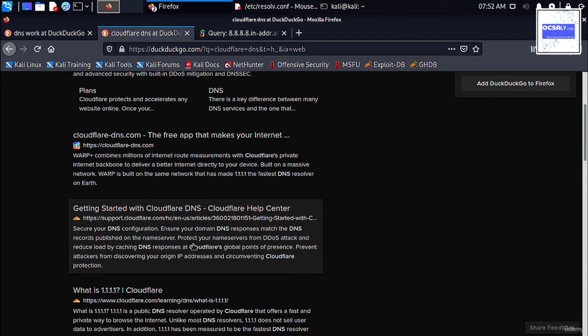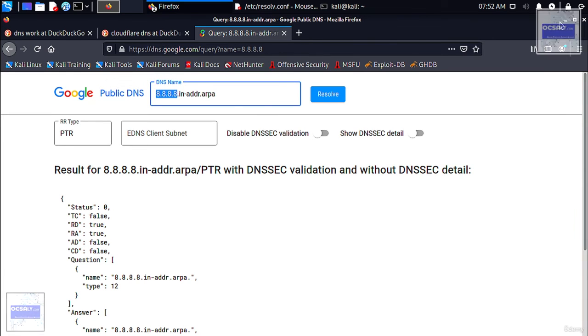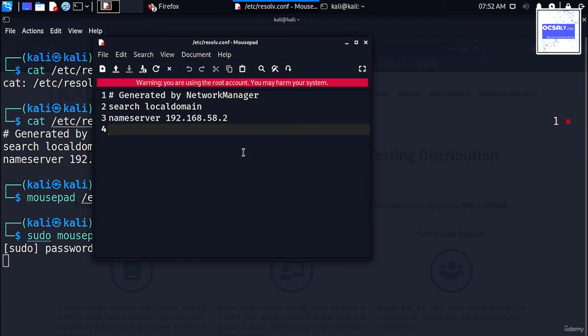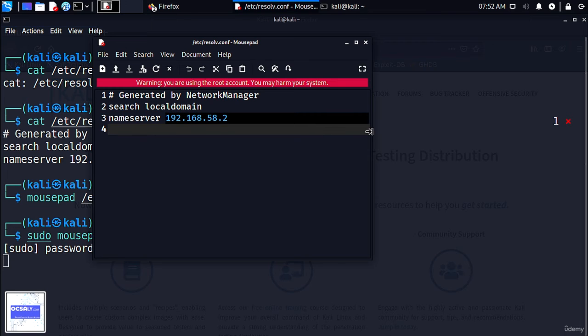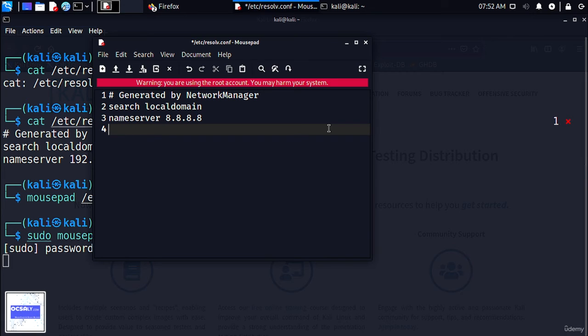Cloudflare DNS is 1.1.1.1, but Google is 8.8.8.8. So let's change this to 8.8.8.8, and I will add this line here and